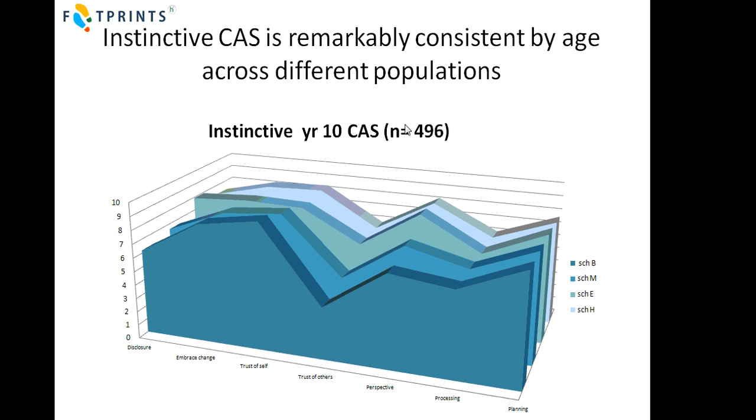And if you take any one single year of that, so for example we've taken a slice of that data here, we've taken the year 10 slice, and then we're drilling down and we're looking at 4 different cohorts of year 10s from 4 different schools from around the UK, different countries, all tested independently. Again, what we find is that even in those different locations, different geographies, different backgrounds, different settings, the instinctive CAS state scores of year 10 students from across the country shows this remarkable similarity of pattern. This time we're looking across all 7 of the factors.